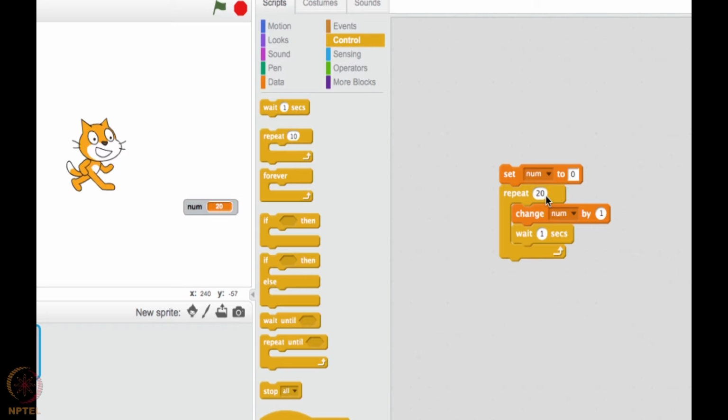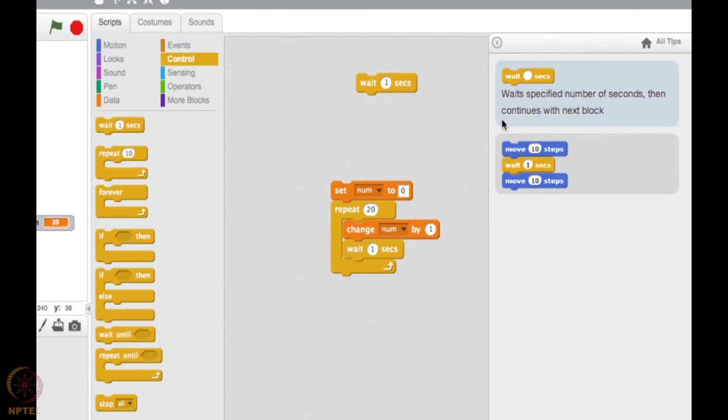Please note one thing that you should do and another thing you should not do. One thing you must do is you should pause and then write your own codes. Try to play around, not just do what exactly we did, but do a lot more than what we are showing. Play around and use all these things and try to understand what is what. You can always click on, let's say you didn't understand what is wait for 1 second, right click on it, you will get a help, click on it, and there you are. You get all the details about that particular command. Wait specified number of seconds, then continues with next block. With an example here. Correct?